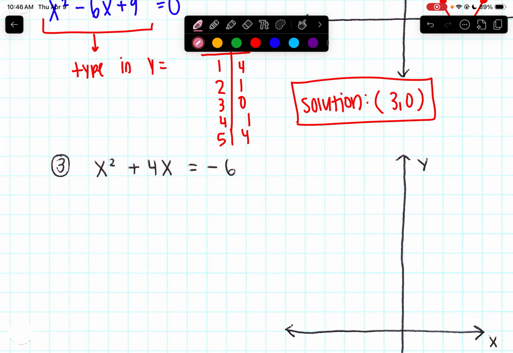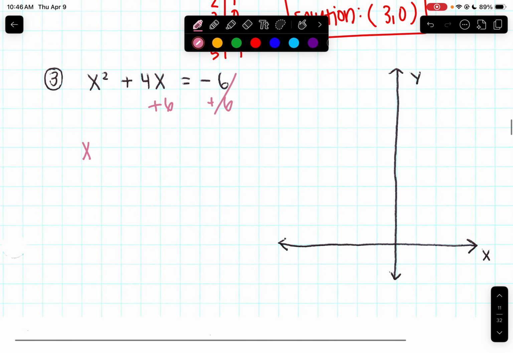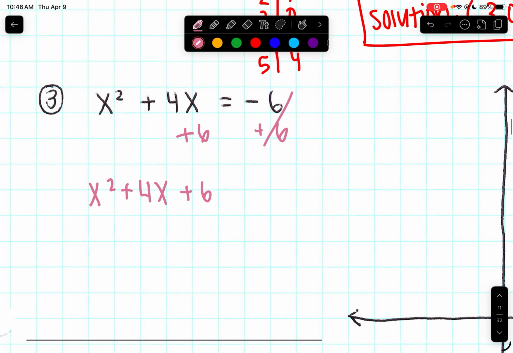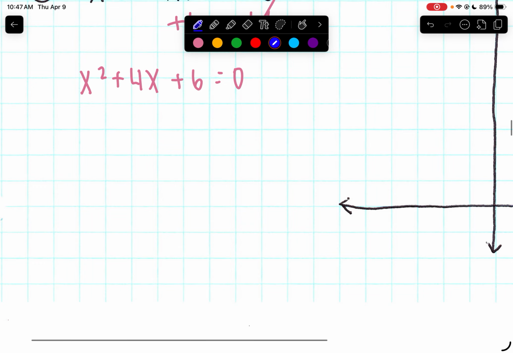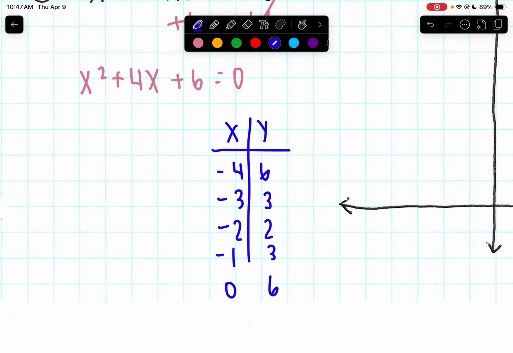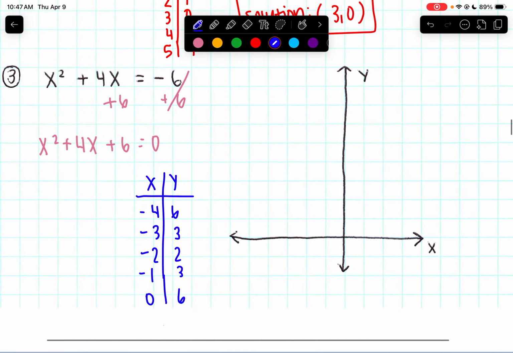Okay, on number 3, again, trying to keep that ax squared term positive, so I'm going to move that 6 to the other side by adding it to both sides. So x squared plus 4x plus 6 equals 0. All right, now once I type that into my calculator, I should be able to get a set of points from that. And so I have (-4, 6), (-3, 3), (-2, 2), (-1, 3), and (0, 6). And so going ahead and graph that. So (-4, 6), (-3, 3),